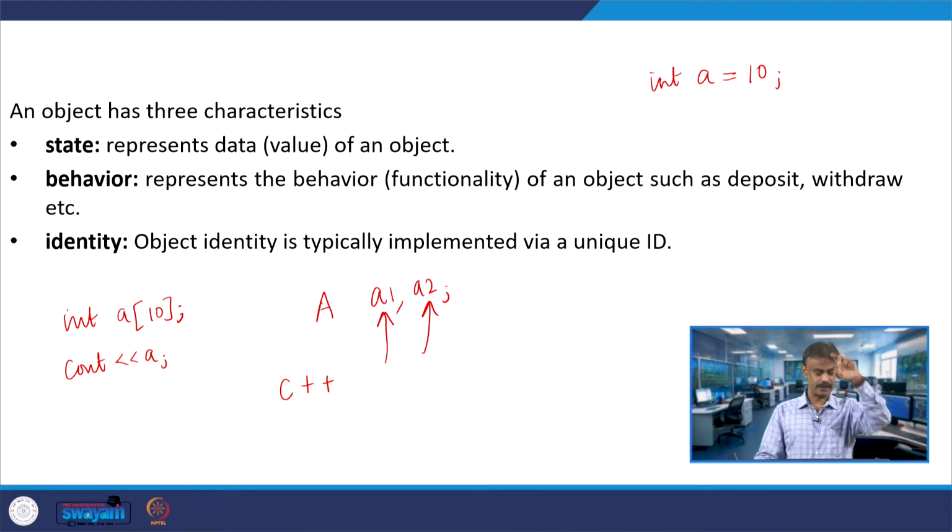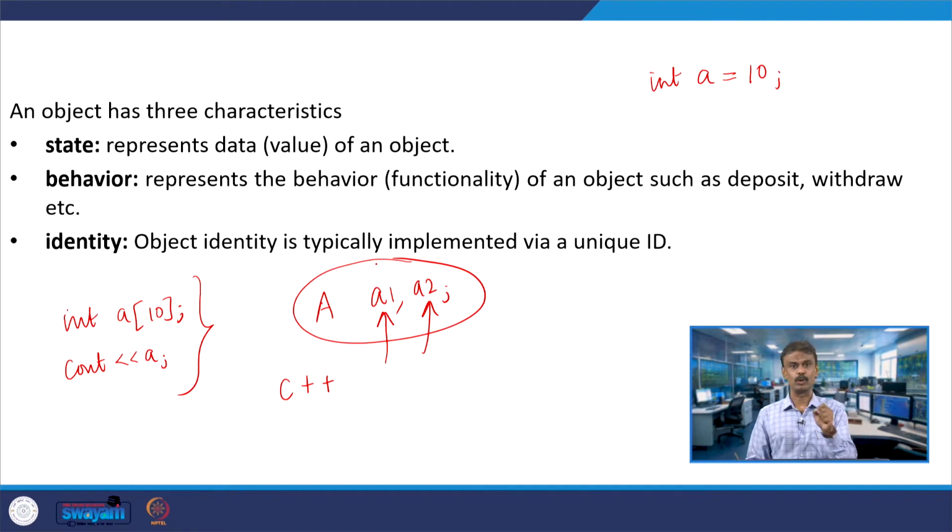So, an array you can consider as an object, an array of 10 numbers, and when you write cout A, you get its identity, where it is stored. In a similar way, when I am talking about objects and classes, A1, A2 are objects here and capital A is the class.